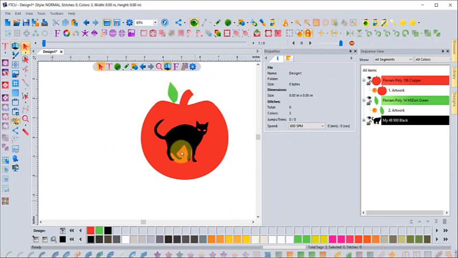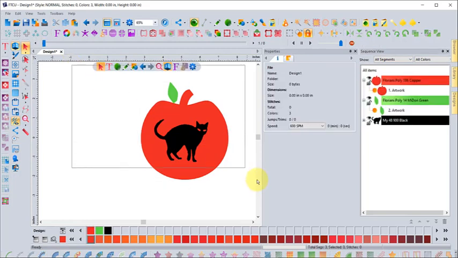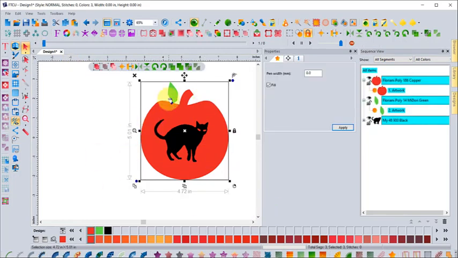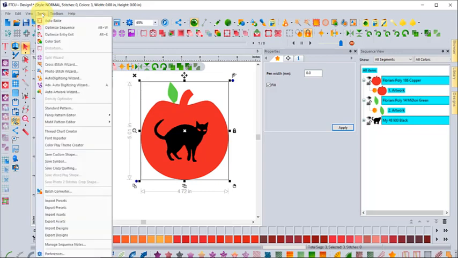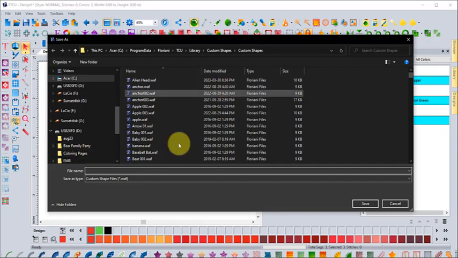And if I wanted to save that into my custom shaped library, I need to select all the items. So I can click here to select all items, or I could click and drag to select all the items. But whatever you select, you click on the Tools drop-down menu at the top, and you scroll down to where it says Save Custom Shape. And when you choose that, it brings you right to the folder where the custom shapes go, and you can give it a name. I'll call it apple with leaf and cat,